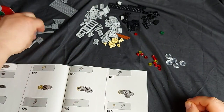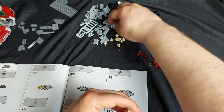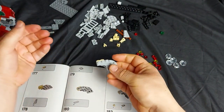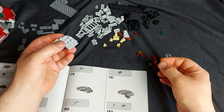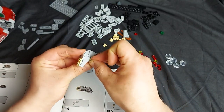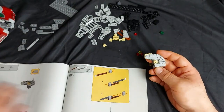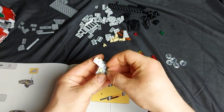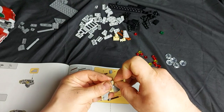Alright, so next we're building up a wing. I think probably for this stage I will film the second wing off camera, as it is just going to be a repeat almost, but in reverse. And then one of those. One of these and one of these. And we want slightly slanted piece like that. One of those like that, and then 2 more of these going on